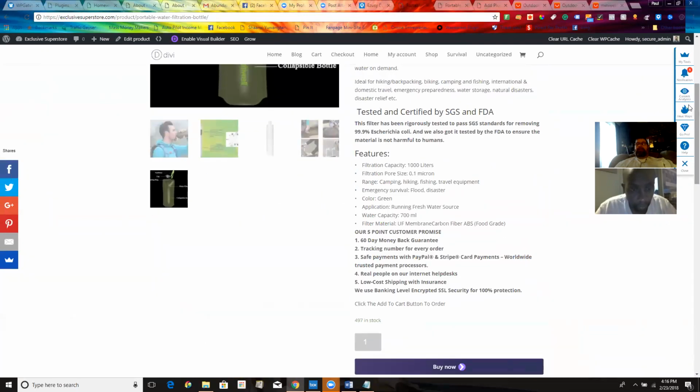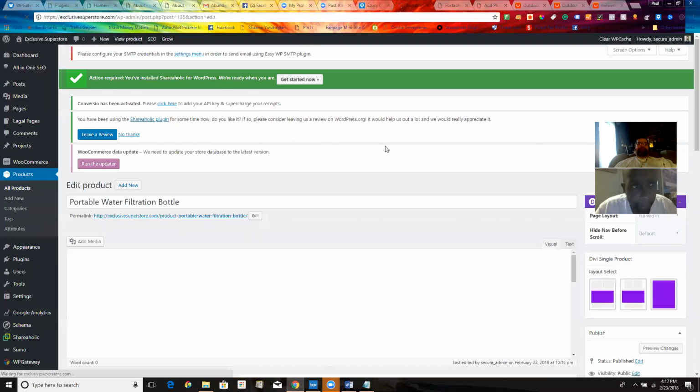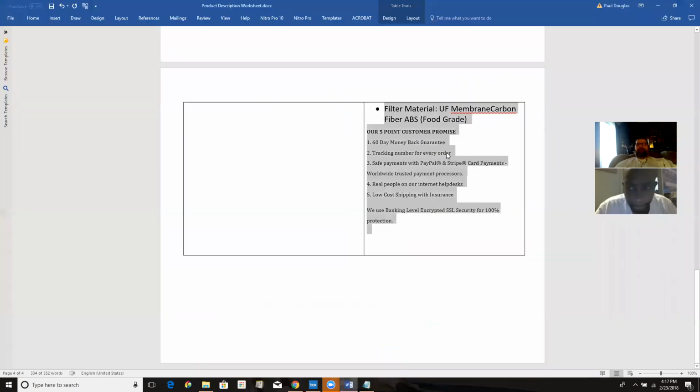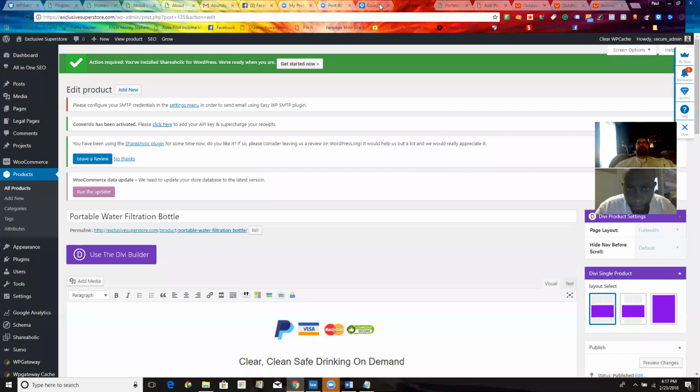So the trick with this whole thing, just to recap, because I know you're going to be asking me this: when you're on the product here and you're logged in, you can click Edit Product to get right to the edit screen. I like to use a template to write everything out first. Copy and paste it on a notepad. From the notepad, you can copy and paste into the EZusy description field,